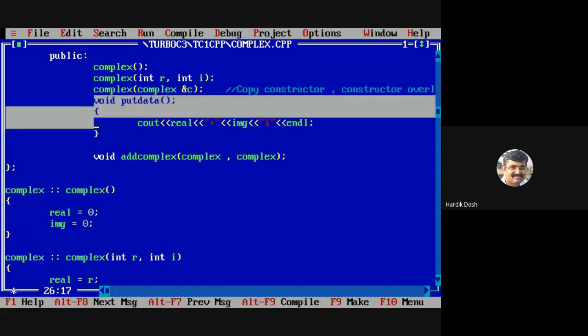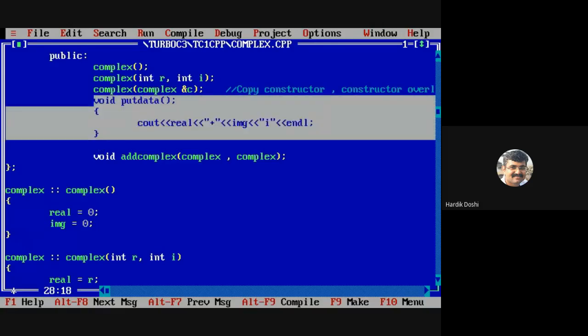If we define a function inside the class, then that function is called inline function. Now you have to tell me what are the properties of inline function.